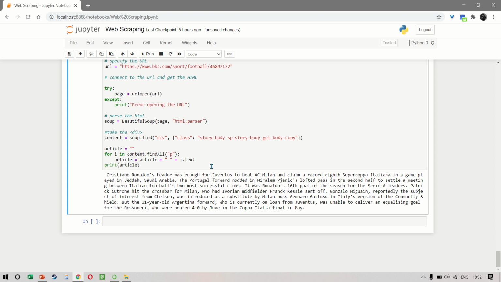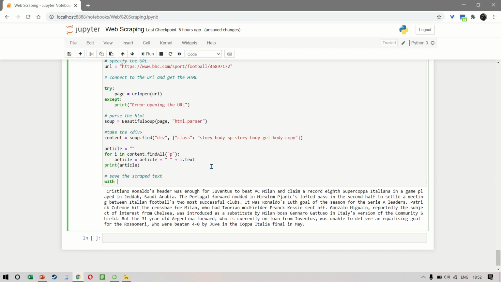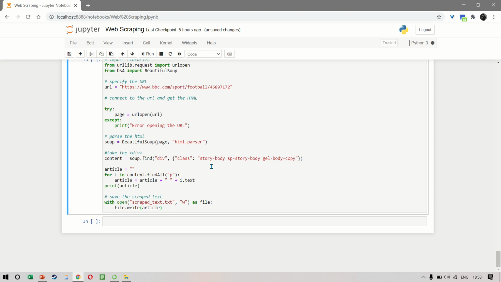Now, if you also want to save the script data, you can simply save the script text by saying with open script_text.txt, and then we want to write it as a file, and let us do a file.write, and we want to write the article. So we run this,